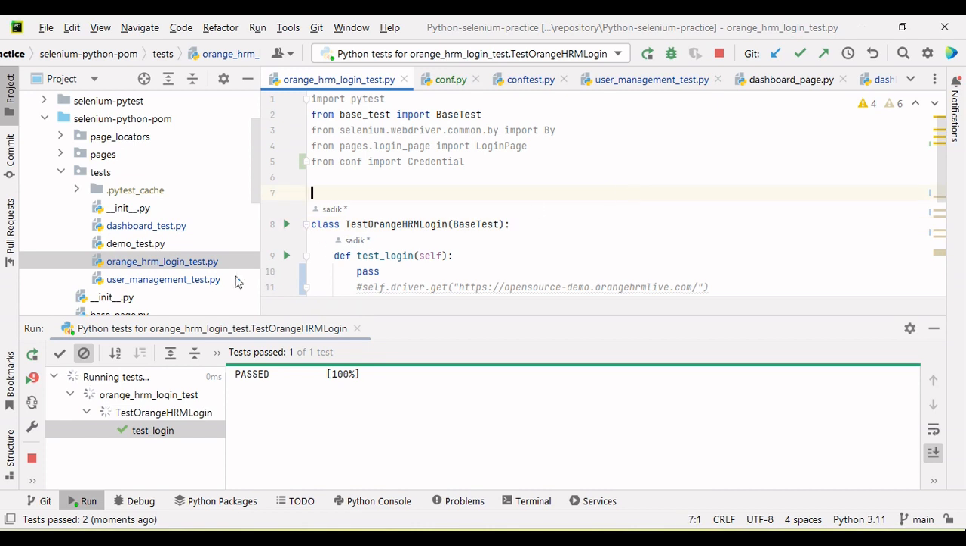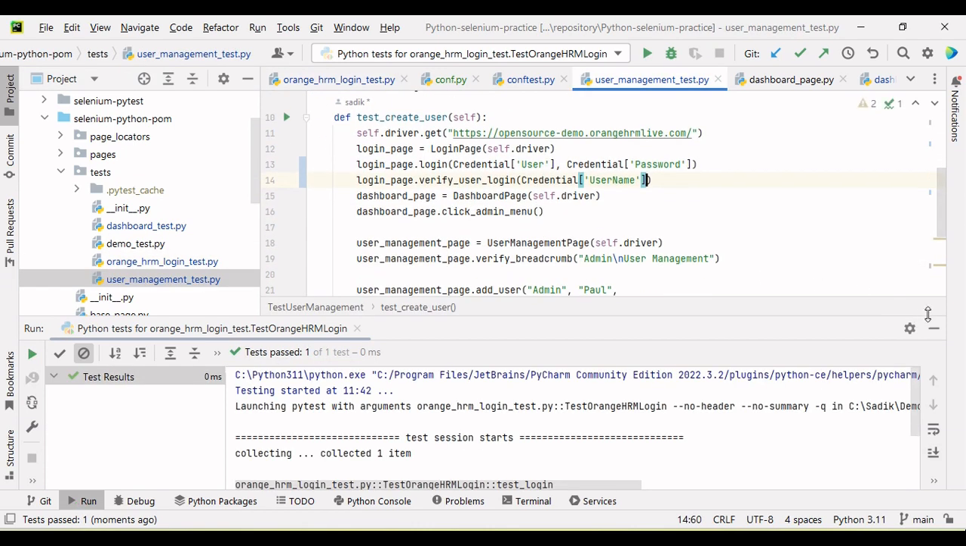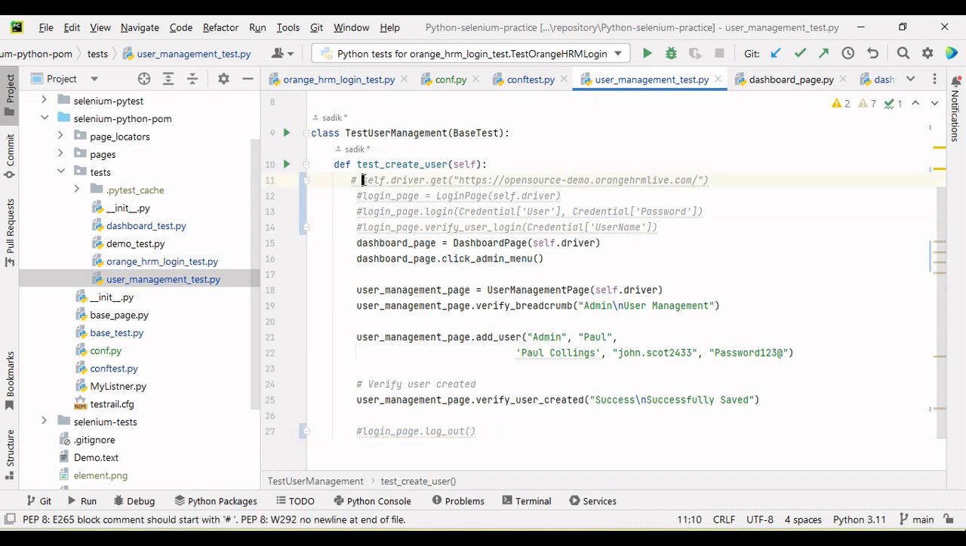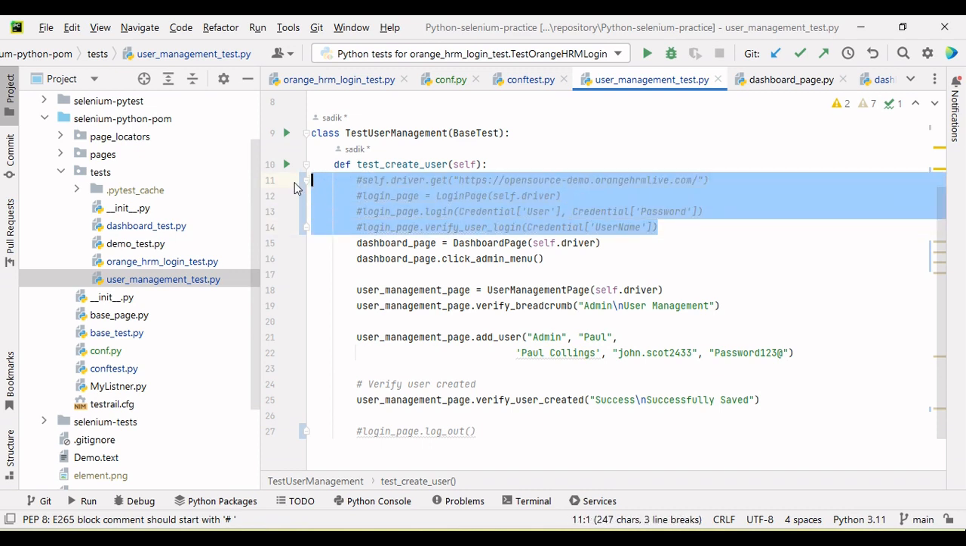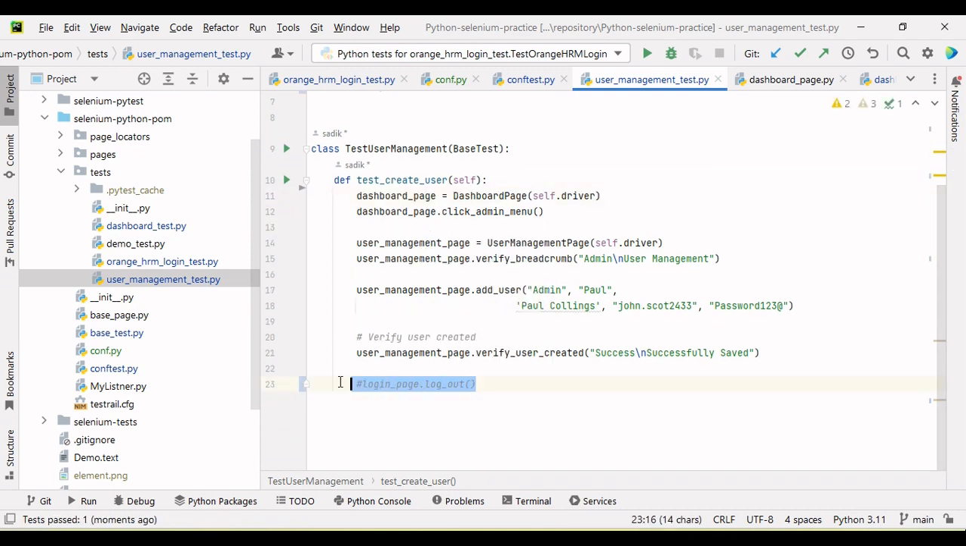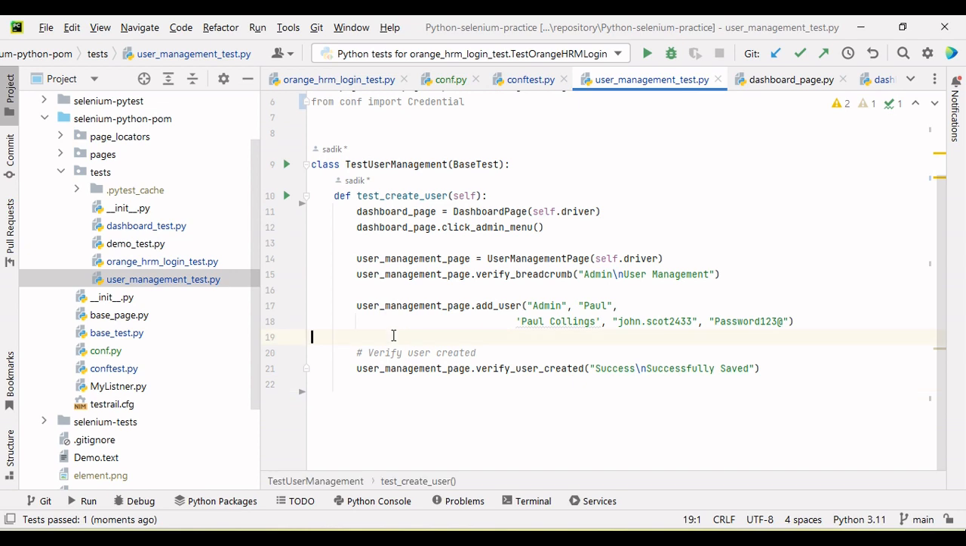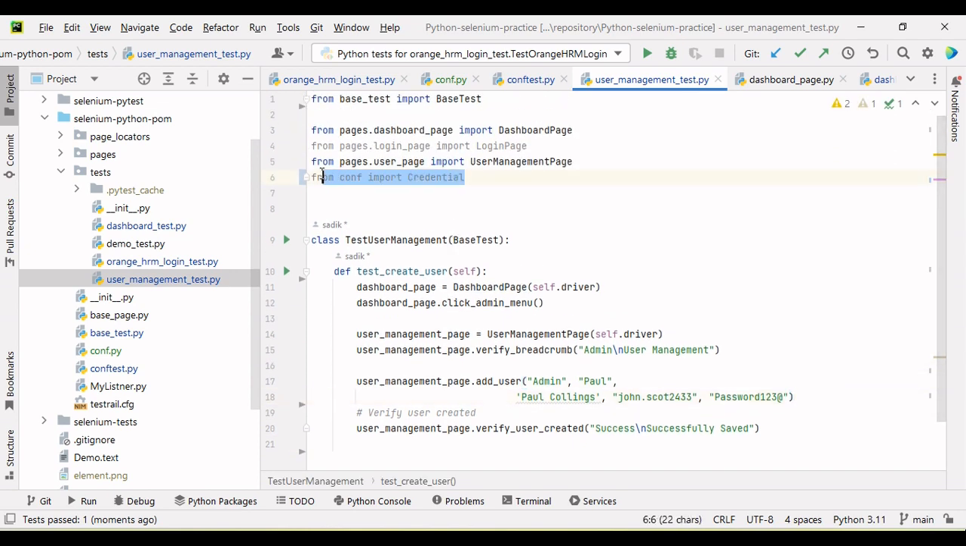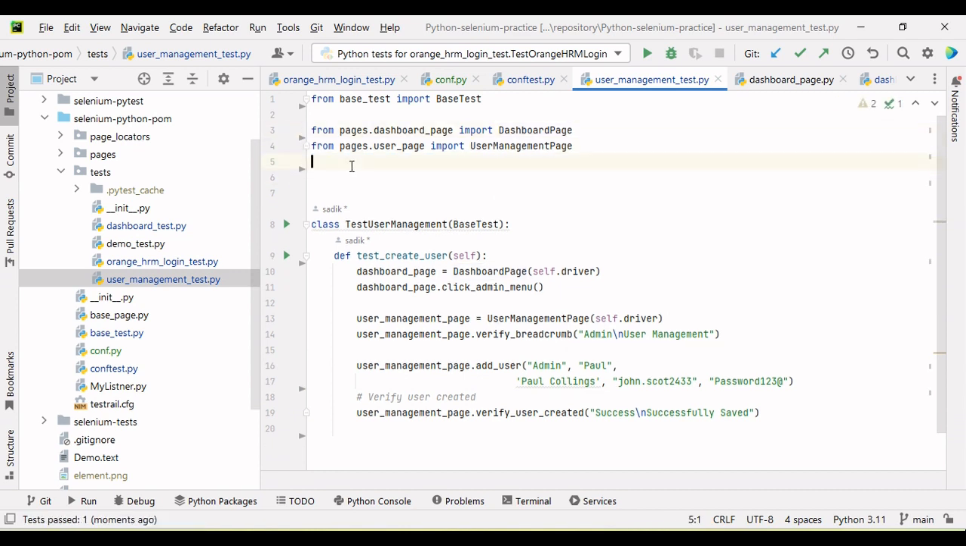Yeah, working fine. And in our user management, we can also comment these lines and the logout. So no need for these lines here because automatically it will log in from the fixture. Better we can remove this. Now you can see I have reused the code, right? Our code is also reduced. Number of lines is also reduced. So we can also remove this import